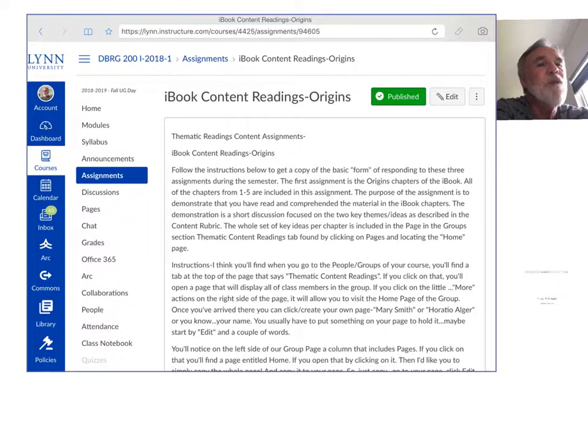And since we need more time, I'm going to go ahead and edit this assignment right now and say, let's try to get these first 4 chapters done by October 8th, all right? So that should give us plenty of time. Oh, I've got to change that date. So if we're doing that by the date, then I'll make it the 15th. Done, save. All right, so now this assignment is due by October 8th.